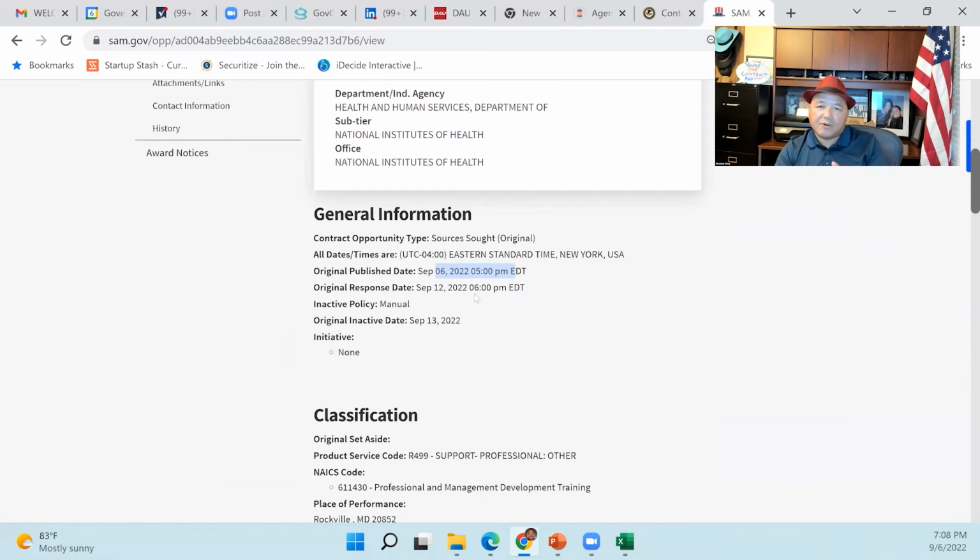But before you say no or yes, you want to look at what this is. Is this an RFP? Is this an RFQ? What is it? Well, we look at this here, it's a sources sought. Oh, okay. Sources sought, they're just doing a market study, right? Sources sought is an RFI, a market study, request for information. So, yeah, six days is enough time to do a sources sought. Now, if it was an RFQ or RFP, it's too short of a time.